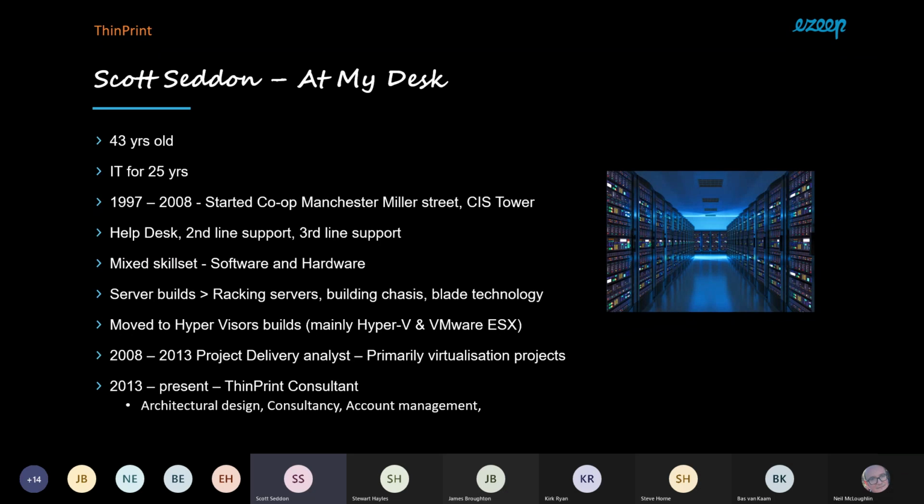And then I moved on to understanding something that really interested me, the hypervisors and Hyper-V, and the difference between hosted machines and virtual machines. Everything that we all know now is pretty much our bread and butter. Then in 2008, I moved on to project delivery, primarily virtualization projects. Typically, it was Citrix environments and Horizon View environments. And then in 2013, up to present date, I'm a ThinPrint consultant, which opened up a lot more doors for me, doing more architectural design, consultancy, and some account management, of course, amongst a whole other skill sets as well,